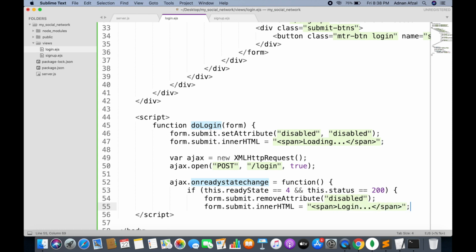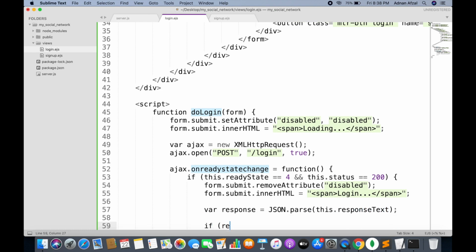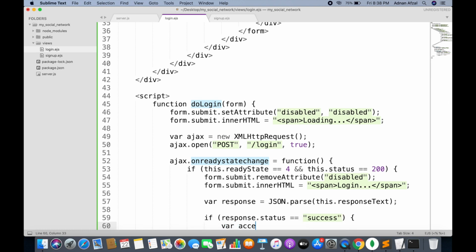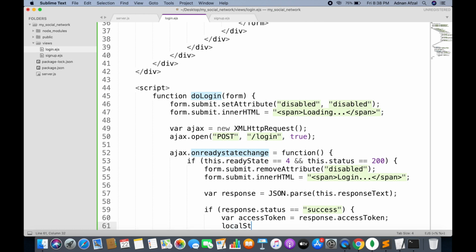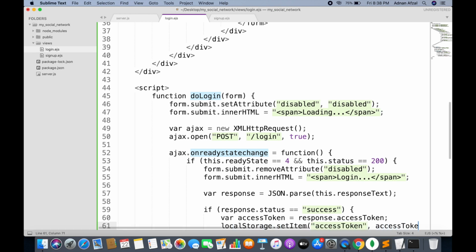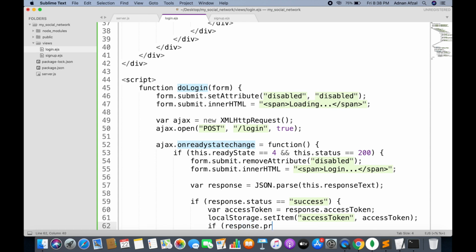We will set the message back to login. We will convert the JSON string back to a JSON object, and we will check if the response is success, which means that the user is successfully logged in. Then we will also be receiving an access token from the server, and we will be saving that access token in our local storage that will be saved in the user's browser.